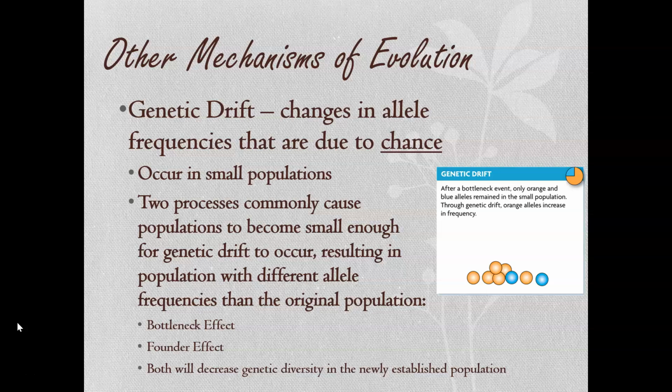So when we look at how those populations can get small enough for genetic drift to actually become impactful, we really look at these two ideas of the bottleneck effect and the founder effect, and we'll talk through those in just a sec. But ultimately, genetic drift will cause the genetic diversity of those new populations to be dramatically reduced compared to where that original population started off. So let's